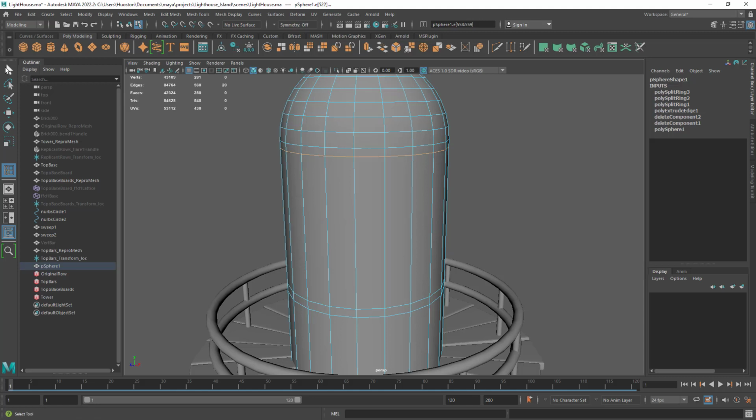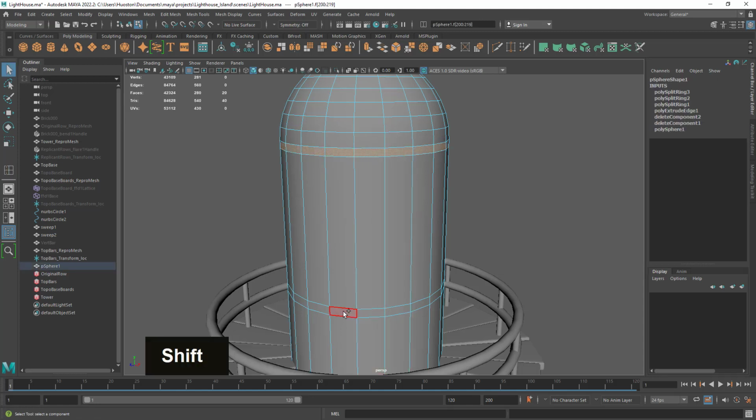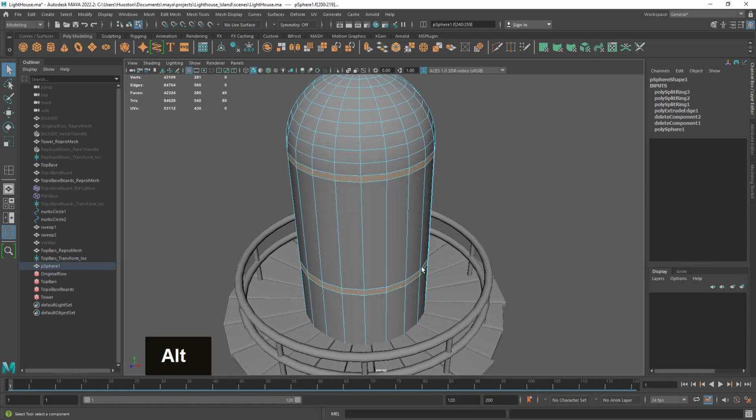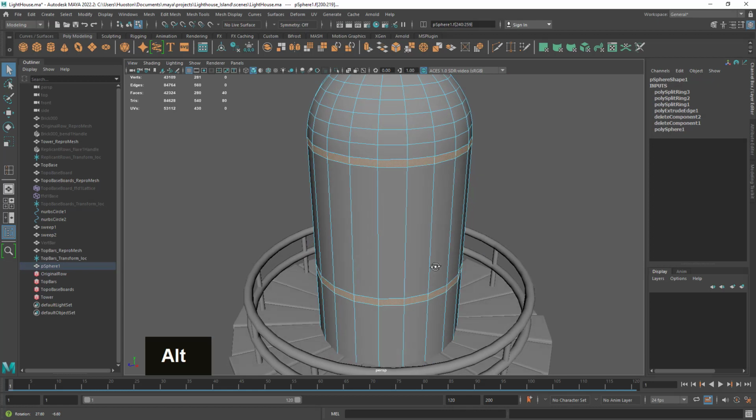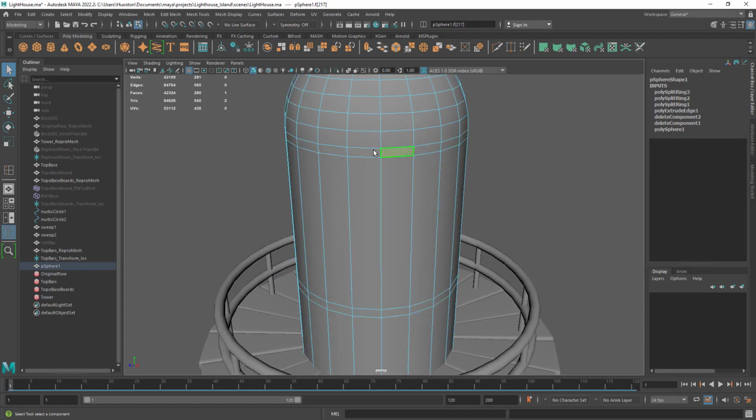So I have two edge loops and they're kind of flat. Why am I doing that? Because I would like to add a little bit of detailing on these parts. It's just an aesthetic decision. So I'm going to select both